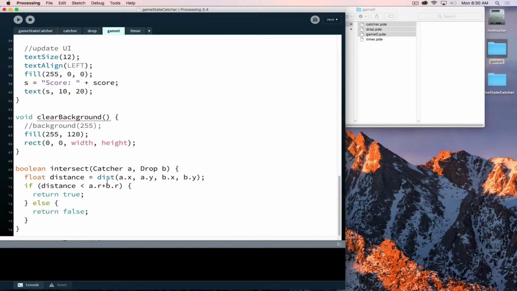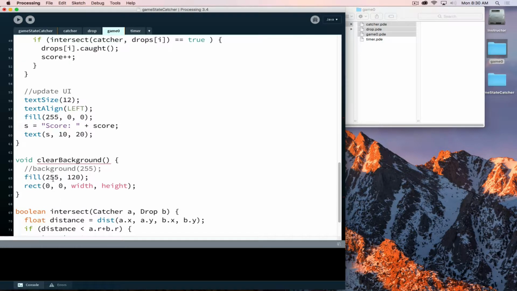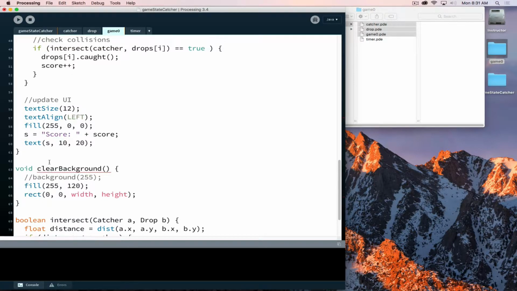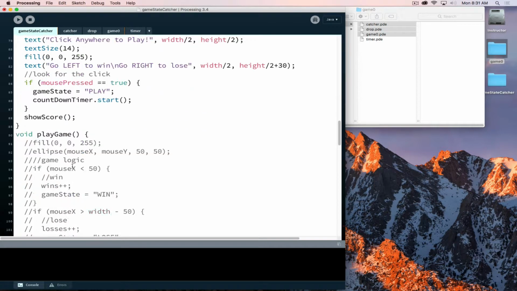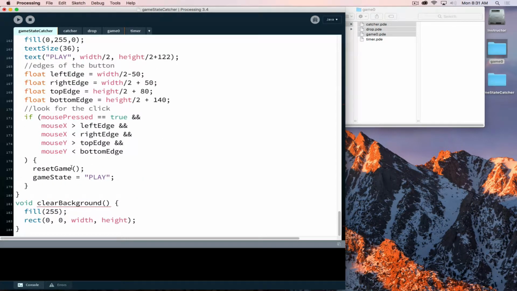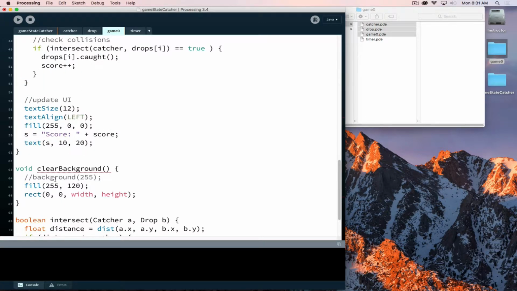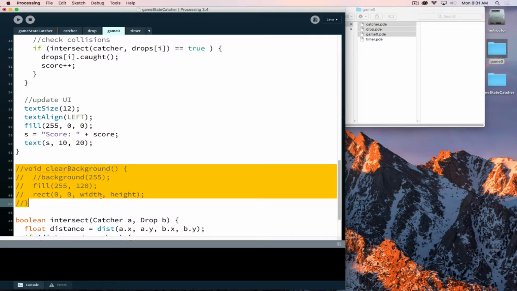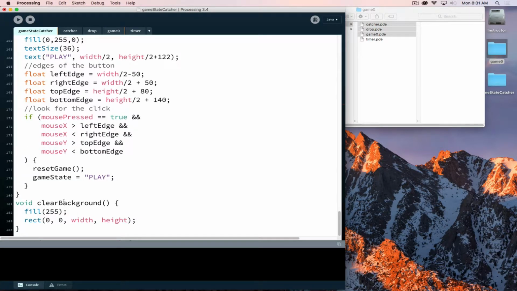Now, if we look, we have the intersect method. We're going to need that. We'll have to move that over. And clear background, I think we were doing some version of a clear background over here. It was just filling it with solid white, where in the previous game we were filling it with less than solid white when we called clear background, so that it left a little bit of a ghosting trail. So if we want to use the other one or migrate it, so I'll just comment that out to know that I'm going to add in the value over here